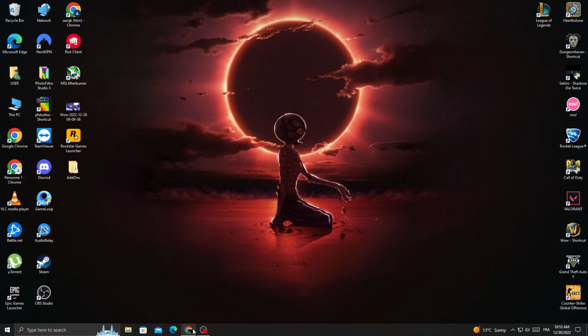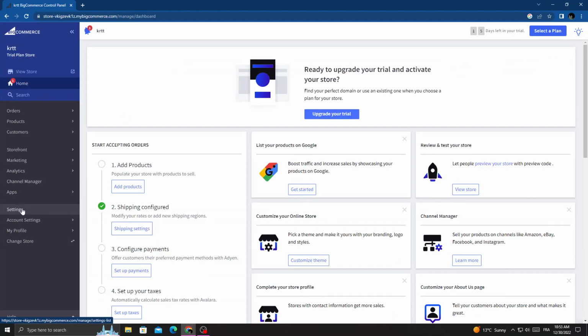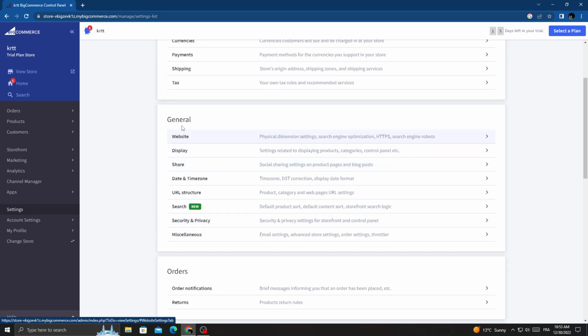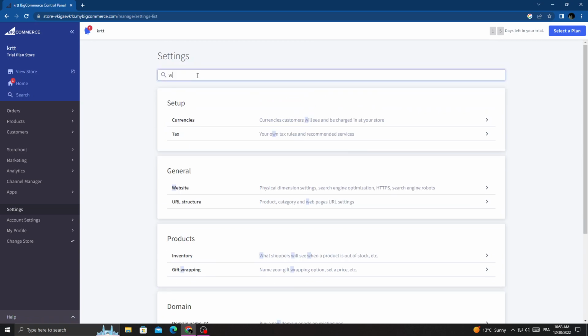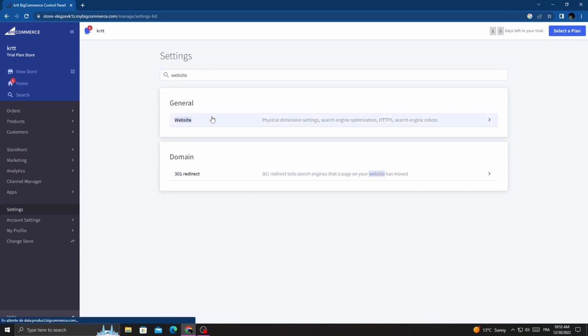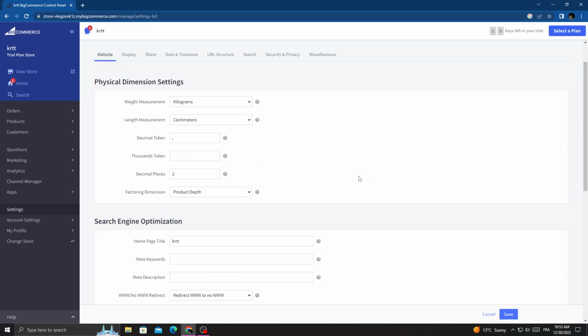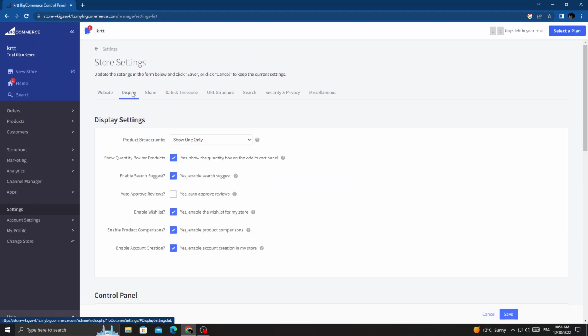First, open your browser, and now once you're here, click settings and then click website. And if you can't find it here on general, just type website and then click on it. And here we'll find your store settings. Now just scroll up and then click display, and here you will find